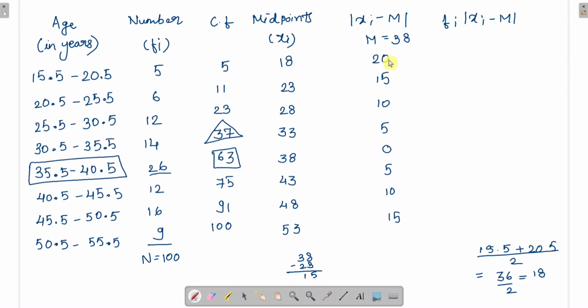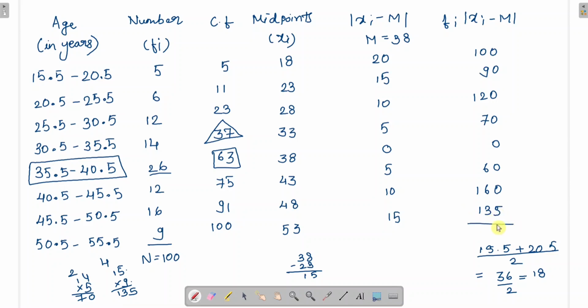5 times 20 is 100, 15 times 6 is 90, so 12 times 10 is 120, 14 times 5, so 4 times 5 is 20, 5 times 1 is 5 plus 2 is 7, so 70, then 26 times 0 is 0, 12 times 5 is 60, 16 times 10 is 160, and then 15 times 9, if we do 9 times 5 is 45, 9 times 1 is 9 plus 4 is 13, so 135. Now we will take the sum here,